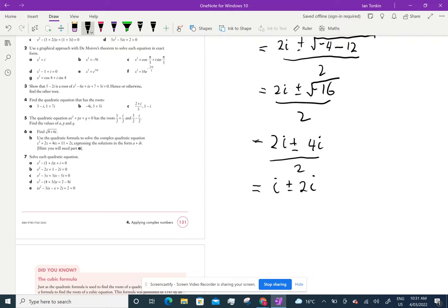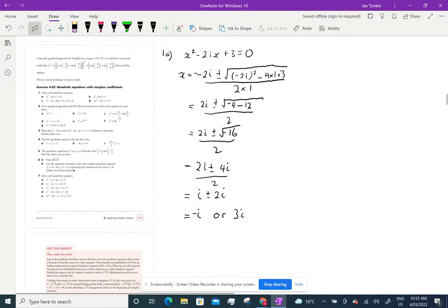So that'll give me, we'll do the first one, i minus 2i, negative i, or i plus 2i, 3i. So there's my answer to the first one. That was pretty easy. Now let's have a look at